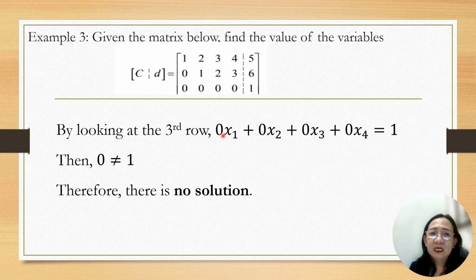But in the case, if we have 0 for the rows of the variables, and then if we have 0 on this part, then we can conclude that we have an infinite solution. But in the case that is now 0 is equal to 0, because that is possible, isn't it? 0 is equal to 0, then we will arrive at infinitely many solutions. But in this case, 0 is not equal to 1 or any real numbers other than 0. Therefore, you can conclude that the system has no solution. I hope that is clear.